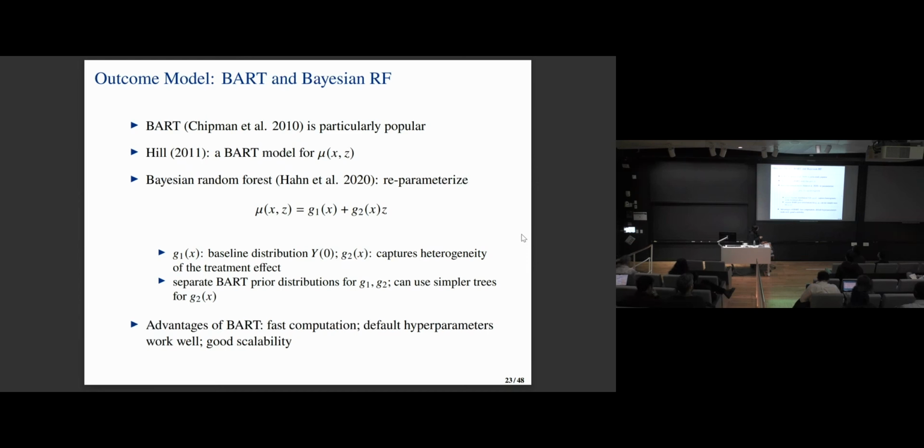So this is like a Z. The key thing they realized is that we care about the treatment effect, but the baseline distribution when there's no treatment might be much more complex, and we don't want the complexity of the two to be the same. So the idea is that if I reparameterize and give a separate prior, particularly a separate BART prior for this baseline distribution and a separate BART prior for capturing the heterogeneous treatment effect, this will work well. They also showed it empirically. So this is essentially a reparameterization of the outcome model into two separate BART priors,